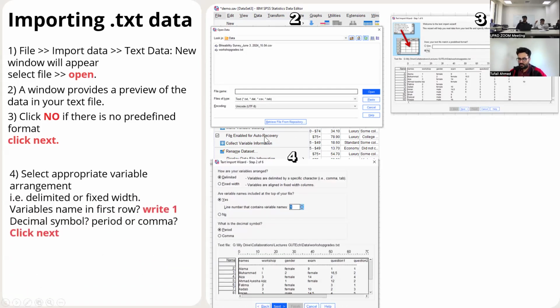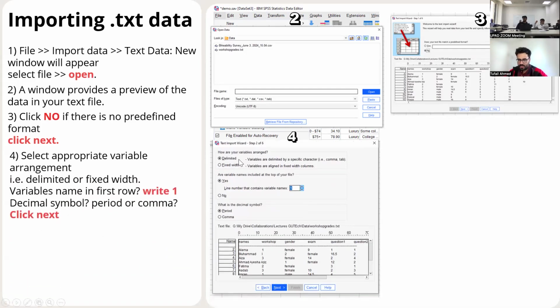When you click next, another window will appear, and it will ask you, because in text data there is usually a practice: we write data and then we use tab, or we use a colon, or we can use any other separation in the text data. Because in Excel data or in CSV data, you already have columns. But when you open a text file, you do not have anything. It's in text. So we usually use a tab, or any other thing to make a difference. Let's say name, then we press tab, then we say age category, then our next variable starts. And this is the type of text data.